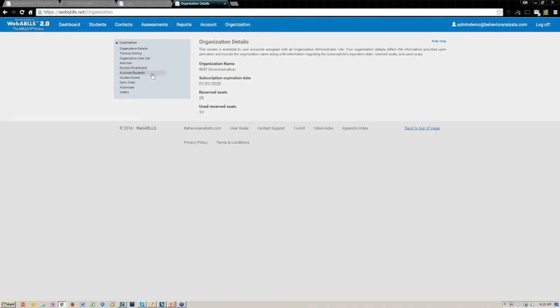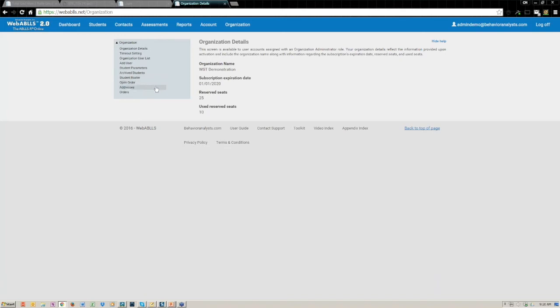We have the archived students list, and this is also a new feature. This is where if you have a student that is no longer with your organization or in your classroom, you can actually have that student archived. It sort of parks the profile in a place and takes it out of your seat count. So that seat can now be used for you to add another student. And then your student roster, which is where the admin user has access to see basically the profile information for each of the students that are registered to the organization.